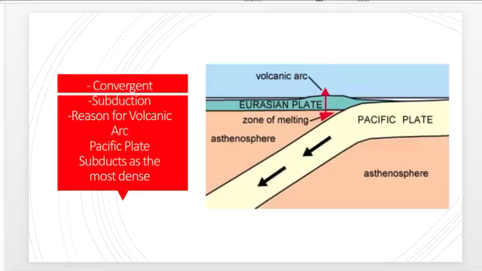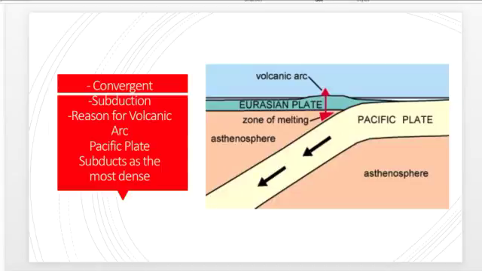So, like I said, it is a convergent plate boundary where we have the Pacific plate, which is an oceanic plate, subducting under the Eurasian plate. In the process of doing so, the Pacific plate is subducting down once the two plates collide. The more dense plate slides under and subducts in the asthenosphere, where we have the magma being heated up and recycled into the convection cycle. And then it comes back up through this zone of melting, and it pops up above ground,